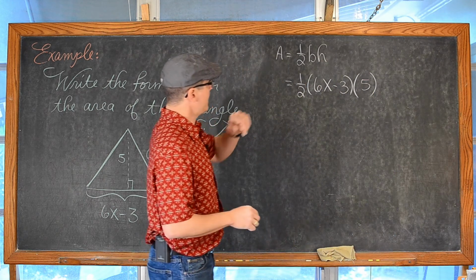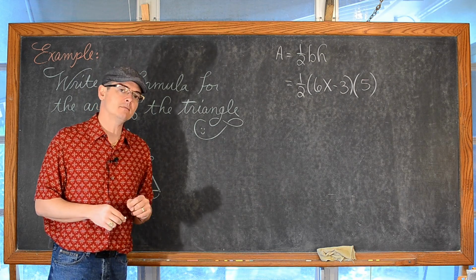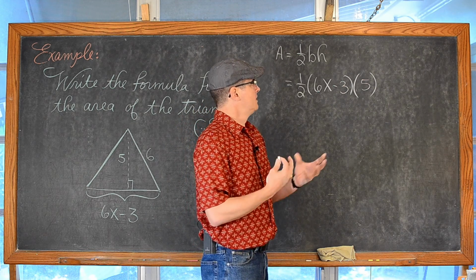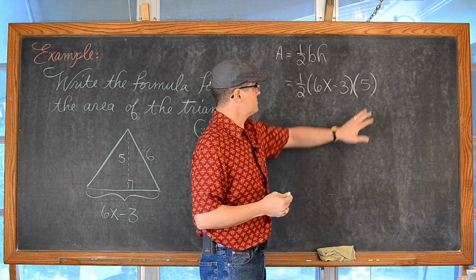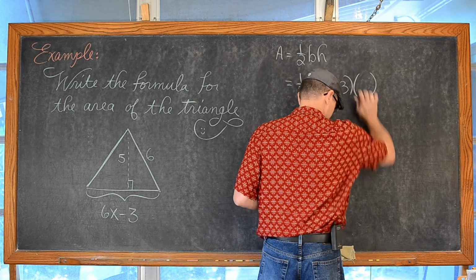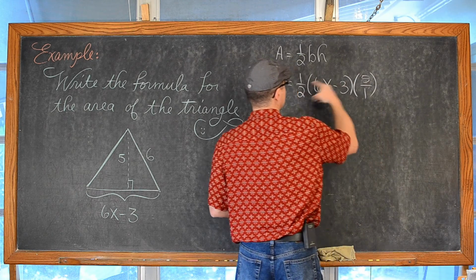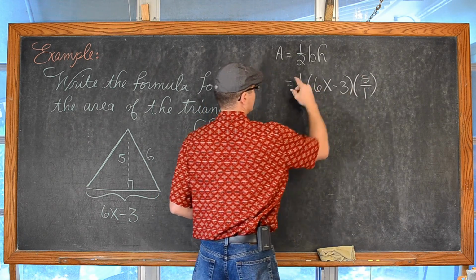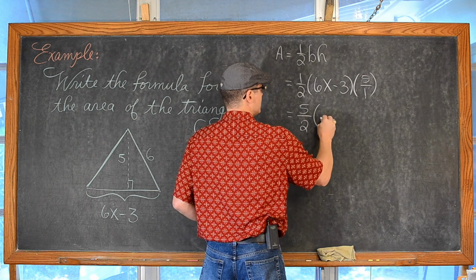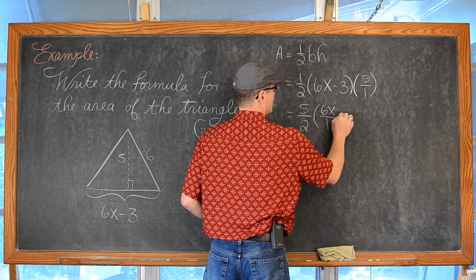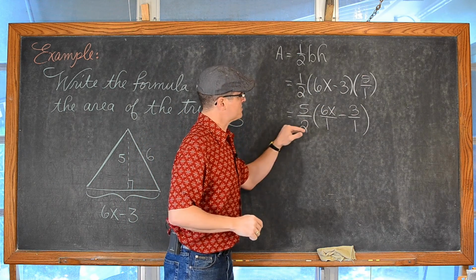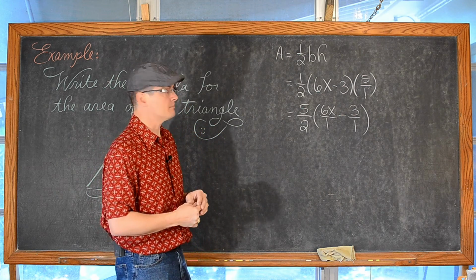All right, so now we've got 1/2 times 6x minus 3 times 5. How about we go ahead, just to emphasize the use of fractions with you guys, which so many students try to avoid, and do the 5 times, and let's make that 5/1 times the 1/2. So 1 times 5 is 5. 2 times 1 is 2. That is getting multiplied by 6x/1 minus 3/1. Now, I'm making everything look like a fraction so I can have all the numerators and all the denominators lining up and hopefully not make a mistake.